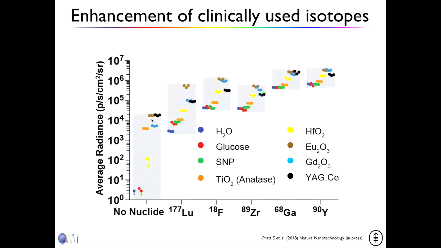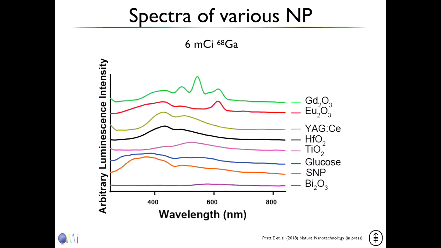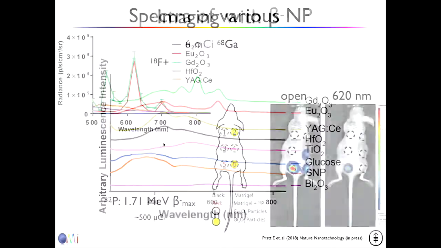The reason is they are getting excited from light if they sit in the lab. So even if you try to keep them in the dark, you still have to take them out and pipette, which isn't always excluding any light. So some of them are luminescent by themselves, but even then, if you add the radiotracer, you get more light out of it. So here are the spectra of various nanoparticles, just if you put them in a spectrometer, and you see these various peaks at various widths and at various wavelengths.